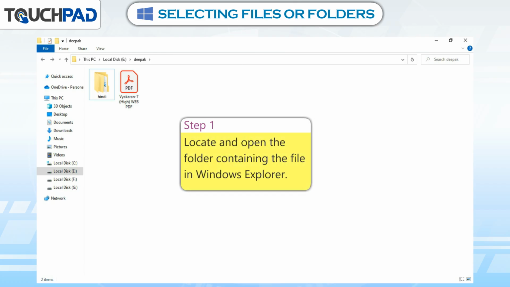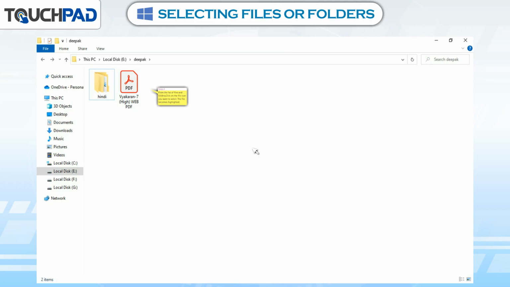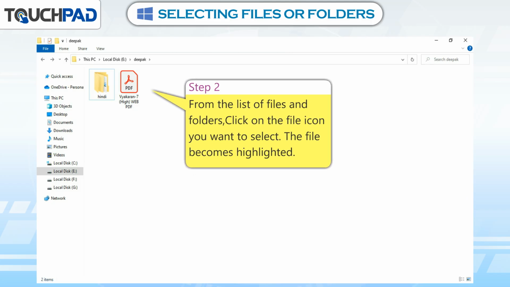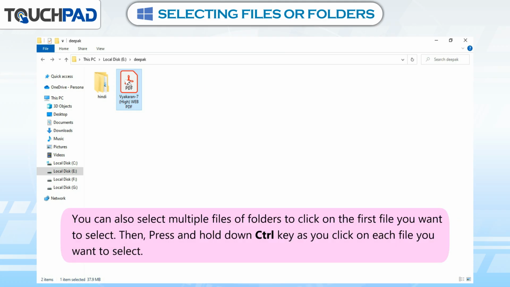Step 1. Locate and open the folder containing the file in Windows Explorer. Step 2. From the list of files and folders, click on the file icon you want to select. The file becomes highlighted. You can also select multiple files or folders by clicking on the first file you want